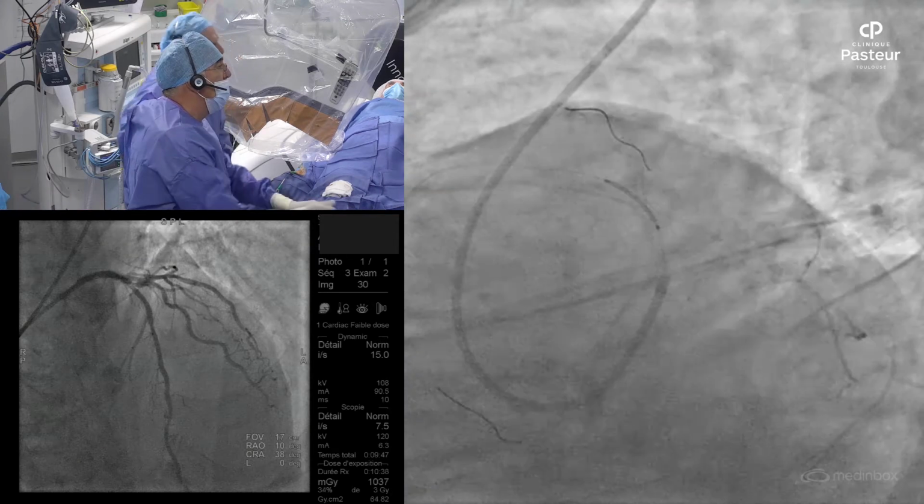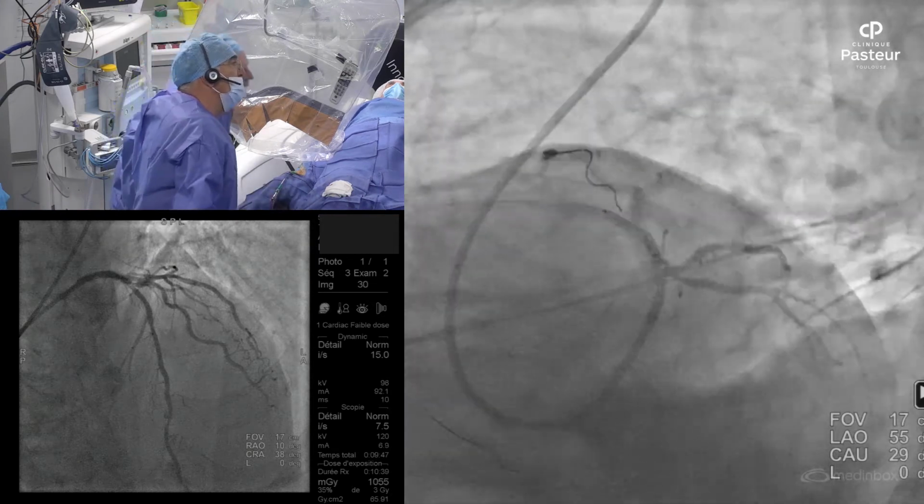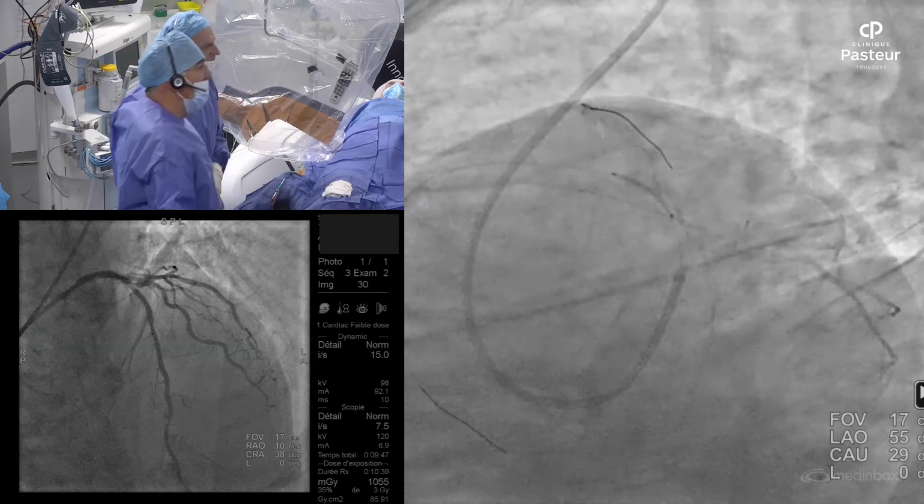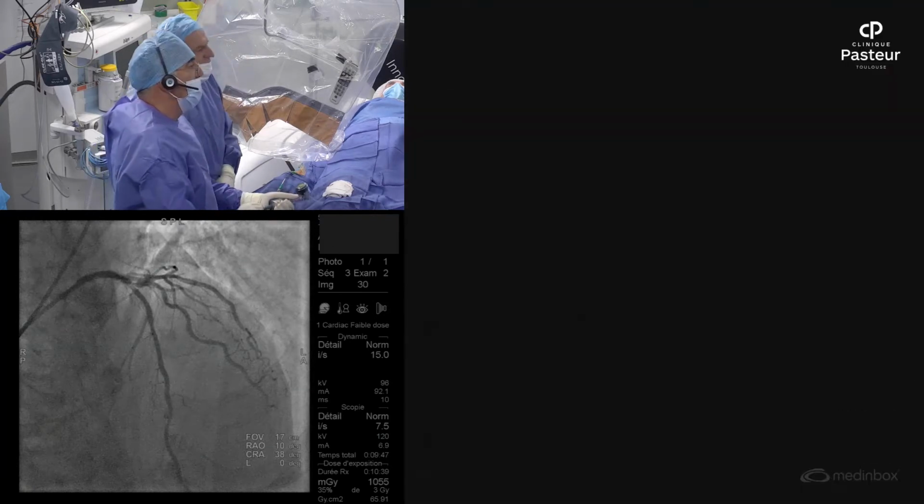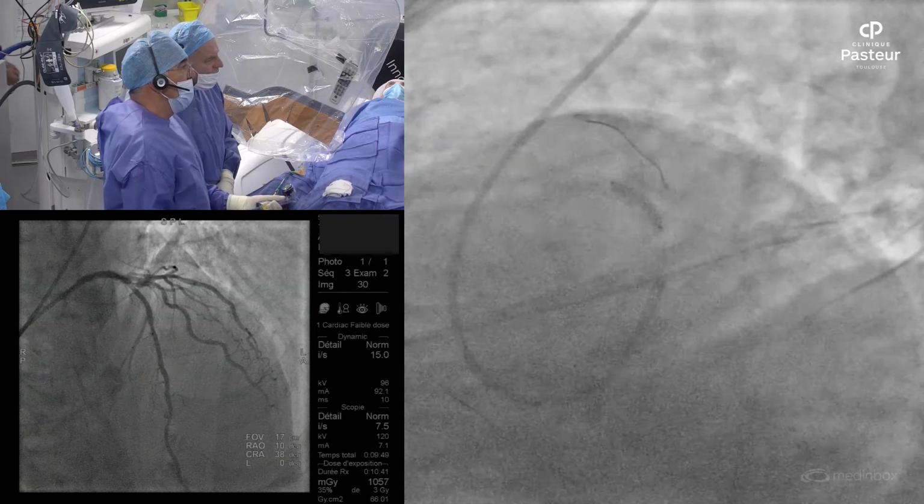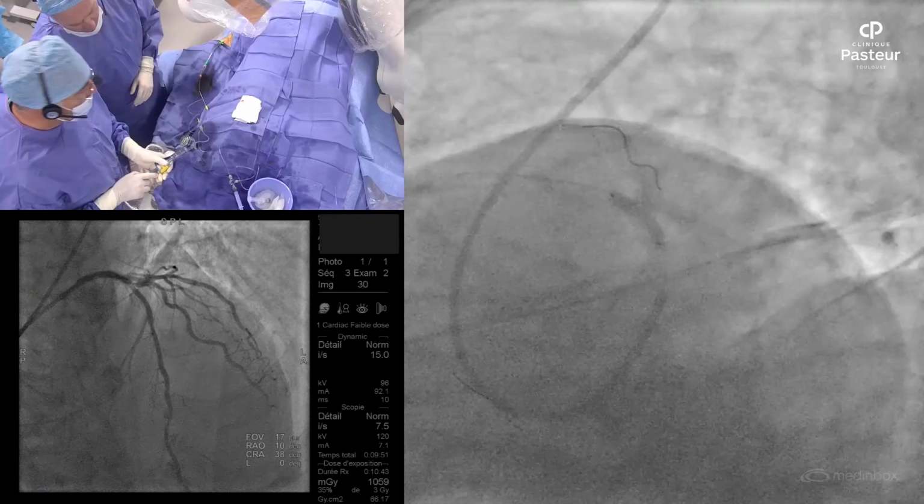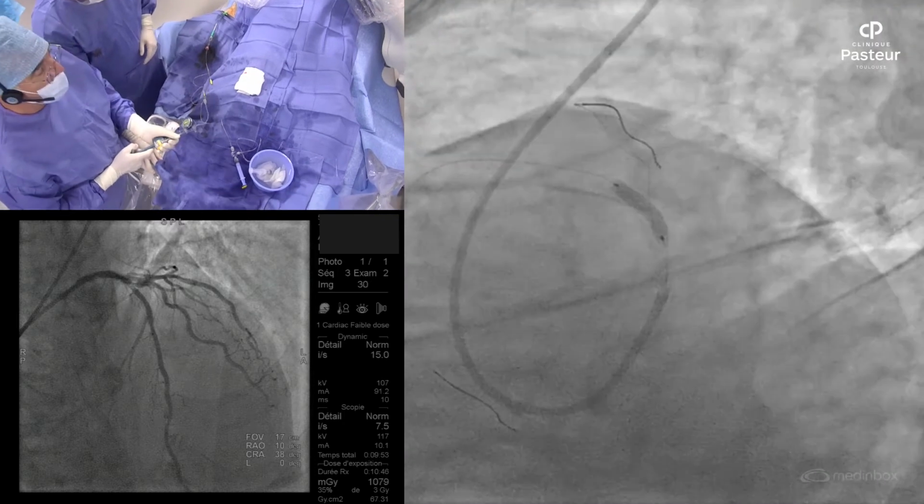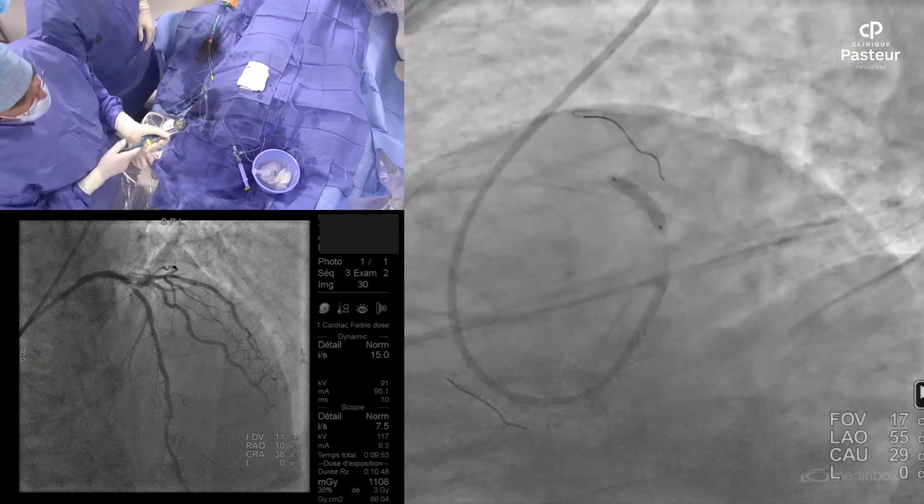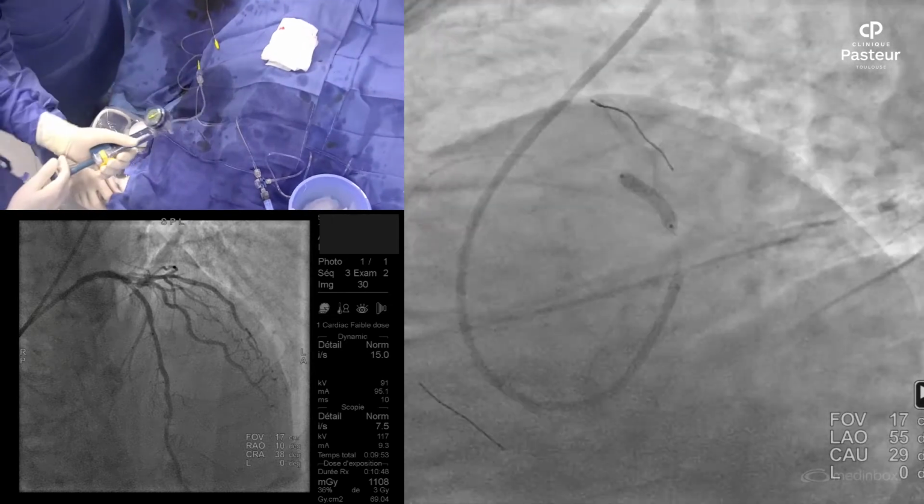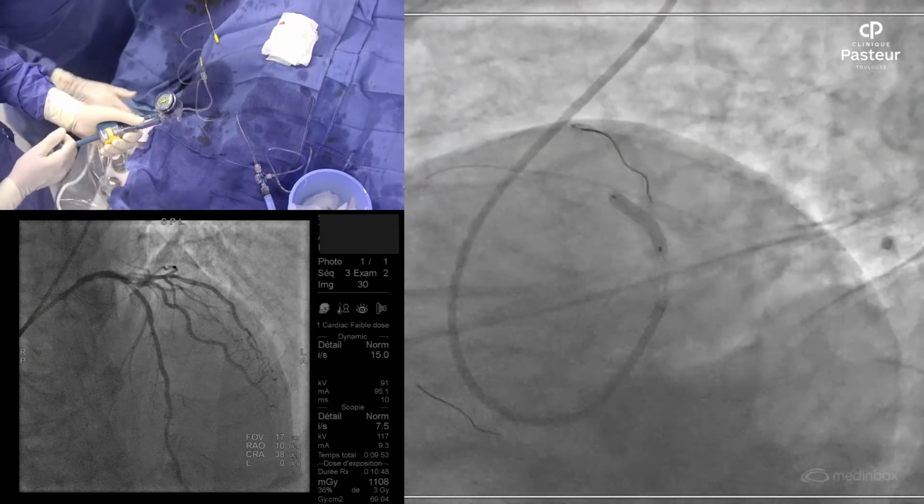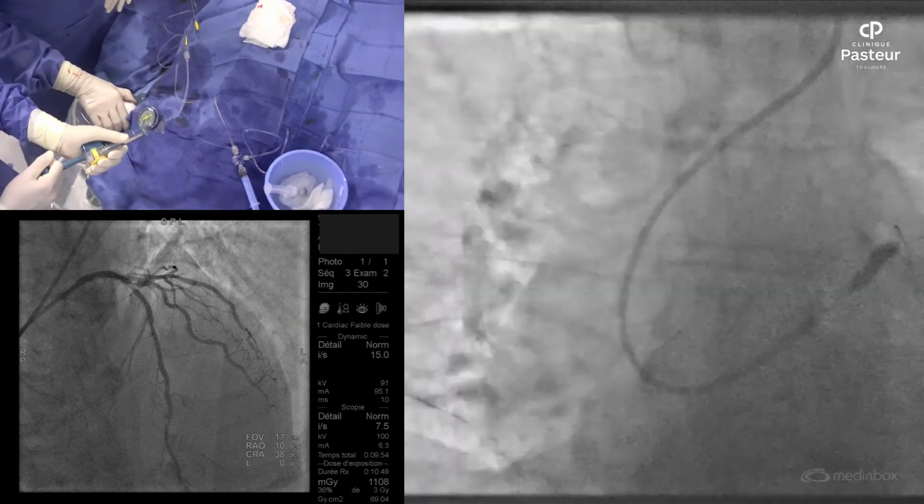We are just before. It's okay. I think it's okay. Okay, we deliver in this view. So 3.0 by 18. We can fill it. We have 12, 14 atmosphere. Okay, so not necessary to go for higher pressure in order to reduce the risk of dissection distal to the